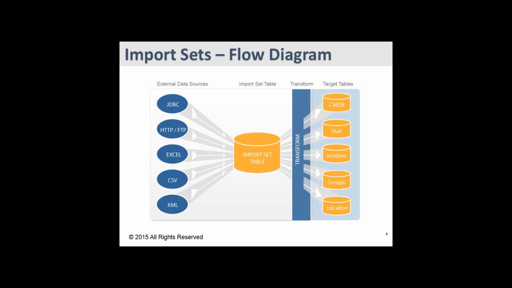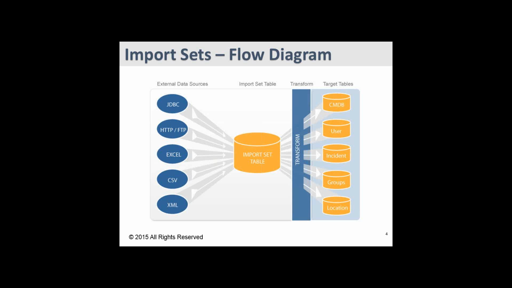Then we will keep the data in that format, whatever is given by the customer. It can be user records, or it can be assets or locations. Once we fill the data using these external data sources, there is an option in ServiceNow to create temporary tables. We call them staging tables. Before we move the data into the original tables, we move the data into temporary tables. That we call the import set table.